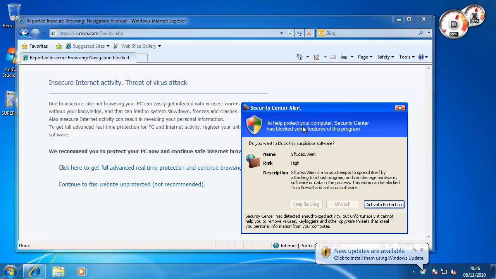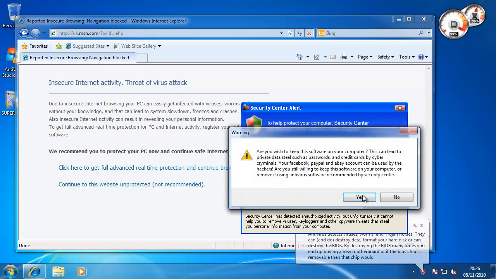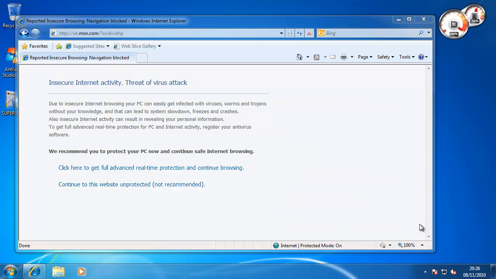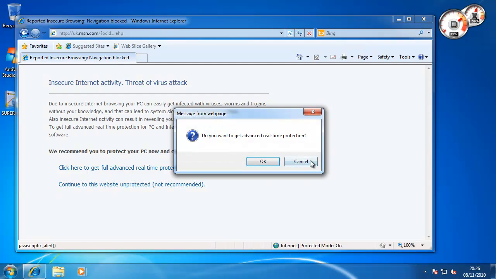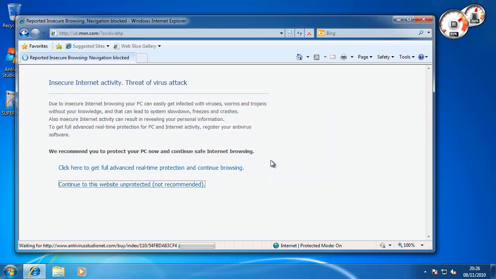And here again, another fake alert. We have a worm or some similar infection. Now, if we click on we want to continue anyway, it will take us to